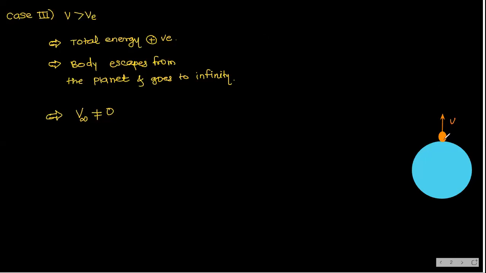Okay, sir. With velocity v, and see here, this is the radius of the planet, the mass of the planet, and the escape velocity is v. Now the object is going somewhere here. Now at this point the velocity is v infinity, but it is not equal to 0. That is what we are going to find now. Okay, now how to find this?